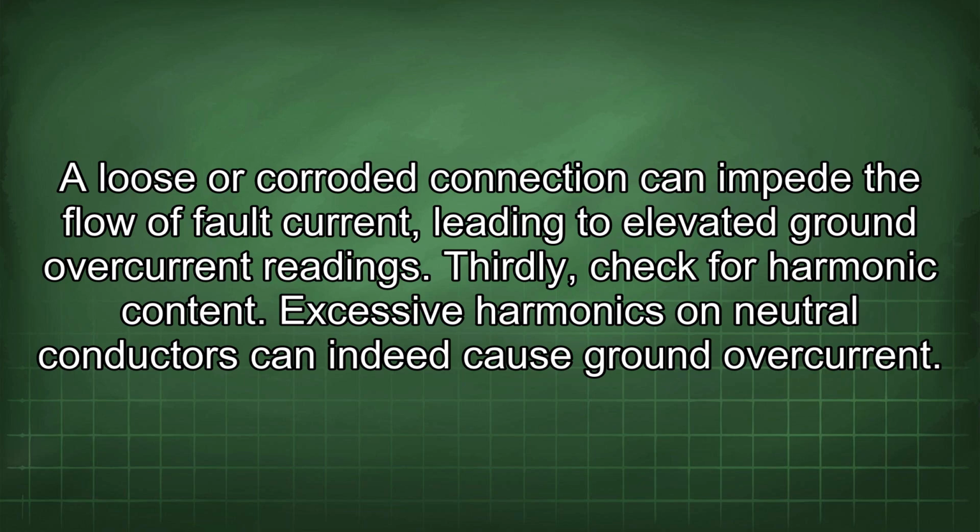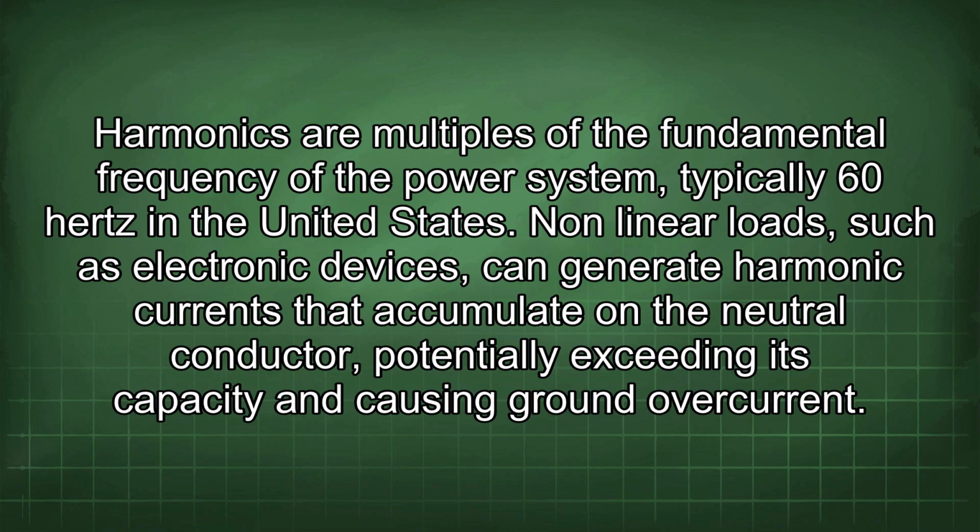Thirdly, check for harmonic content. Excessive harmonics on neutral conductors can indeed cause ground overcurrent. Harmonics are multiples of the fundamental frequency of the power system, typically 60 Hz in the United States. Nonlinear loads, such as electronic devices, can generate harmonic currents that accumulate on the neutral conductor, potentially exceeding its capacity